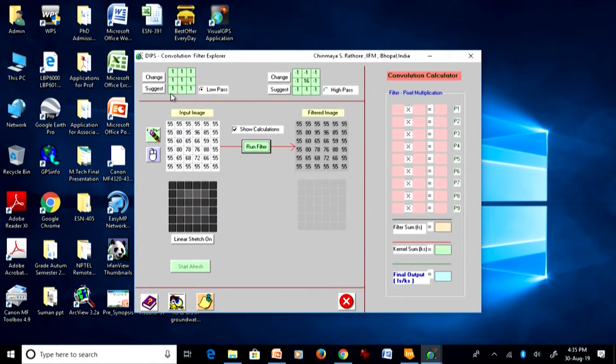And low pass filters here all are examples from 3 by 3 convolution matrix. So, the low pass filter you are seeing here has all positive values, that is 1. In the high pass filter, on the edges of this 3 by 3 convolution filter, you have negative values, and in the center the weight, because after all this is a weighted average. So, the center weight has a positive value, that is 16,